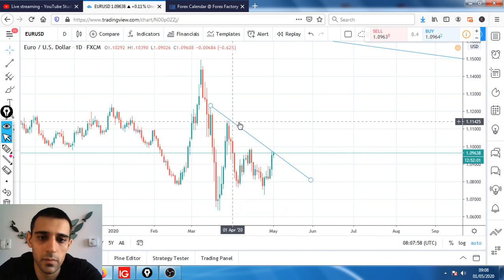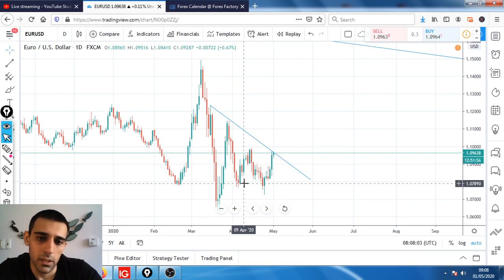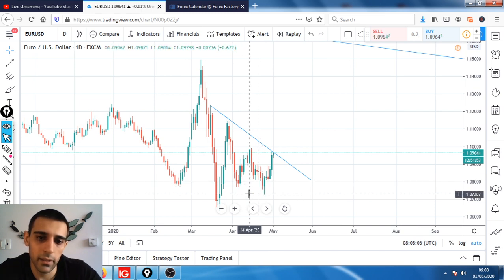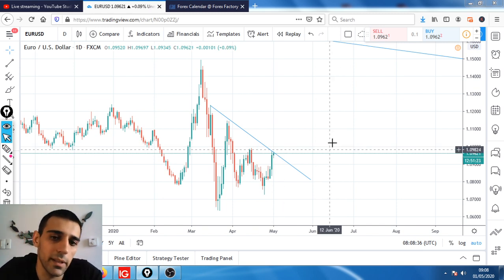Okay, so we get these nice moves, but we did put this lower high in here. Then price came down and broke this one out. On this occasion, the smart way would probably be to wait for the break of this high, which is not going to happen until next week, because we will not know if this level is broken until the price breaks it and closes above it. So it's only going to be next week.